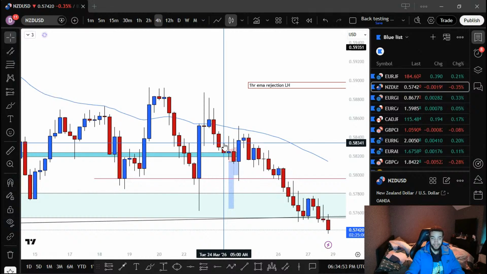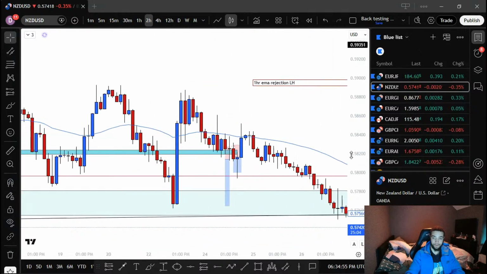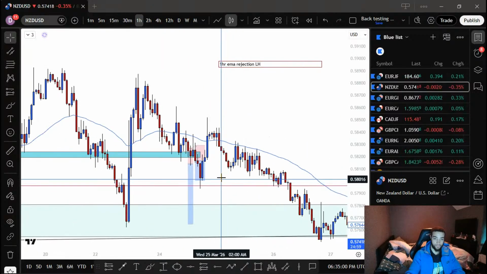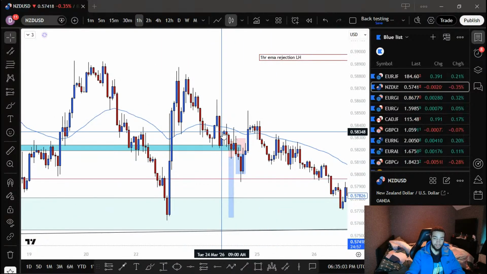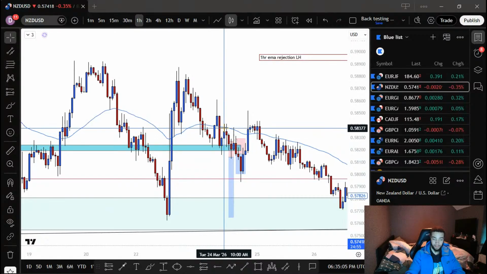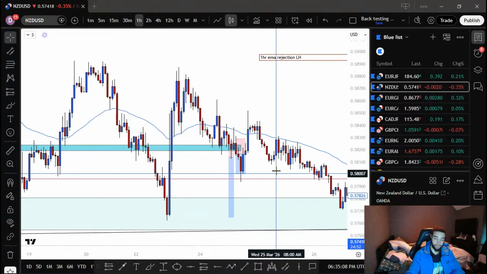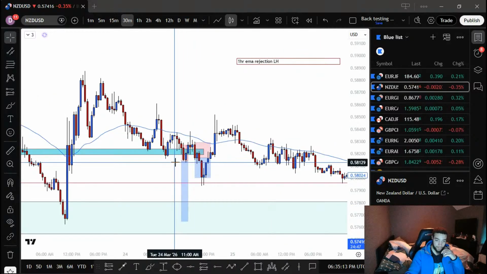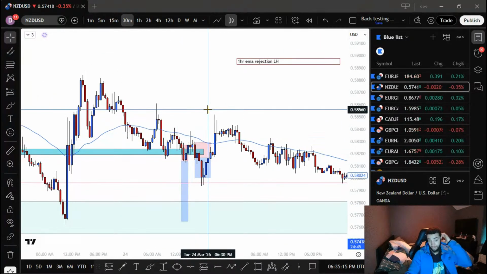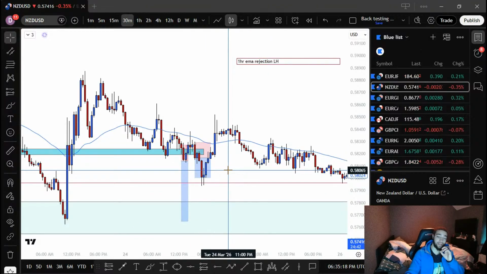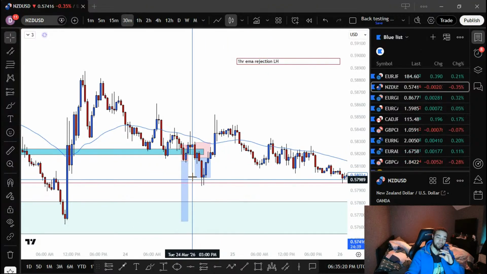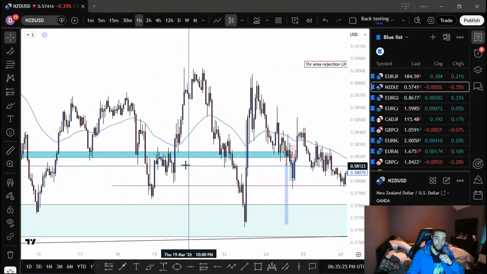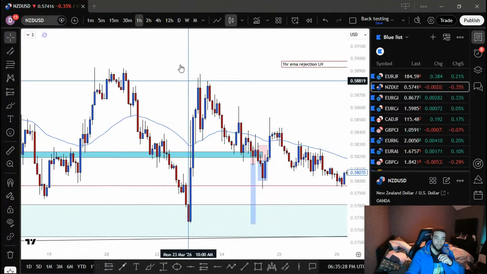So I see the market start to come down. I'm on my lower time frames and I see this little consolidation. We can see lower low, lower low, lower low, and then the market starts pushing down. So I enter here. The original trade I took was on this breakout. Price pulled back. We got stopped out. But then after we got stopped out, I see on the 30-minute, look at this beautiful engulfing. Also the same on the 1 hour engulfing, and we're breaking below this area. So I enter.